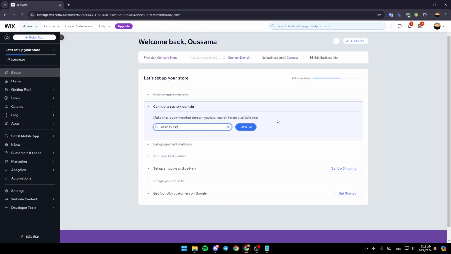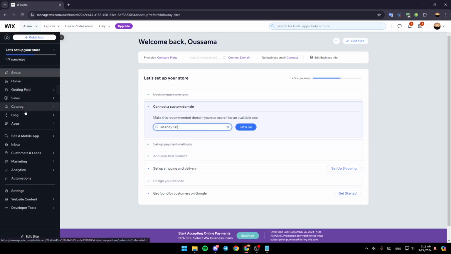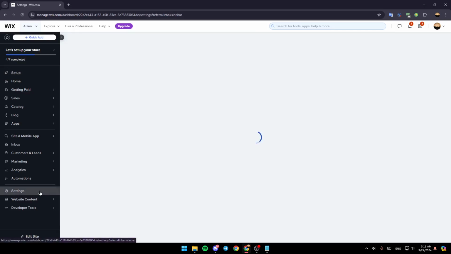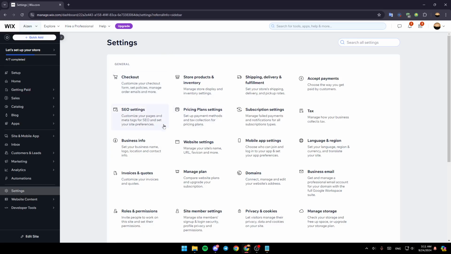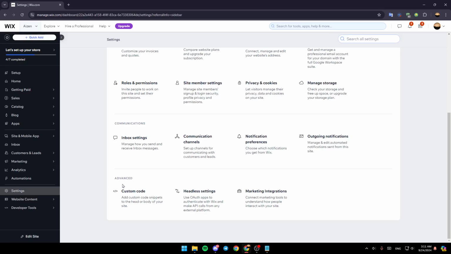So once you're here in your dashboard, just go to the left side of your screen and then you're going to find all of these sections. So once here, go to the bottom and then here you're going to find settings. Go ahead and give it a click, and then here you're going to find all of the settings related to your Wix site. So what you need to do guys right now is scroll all the way down until you